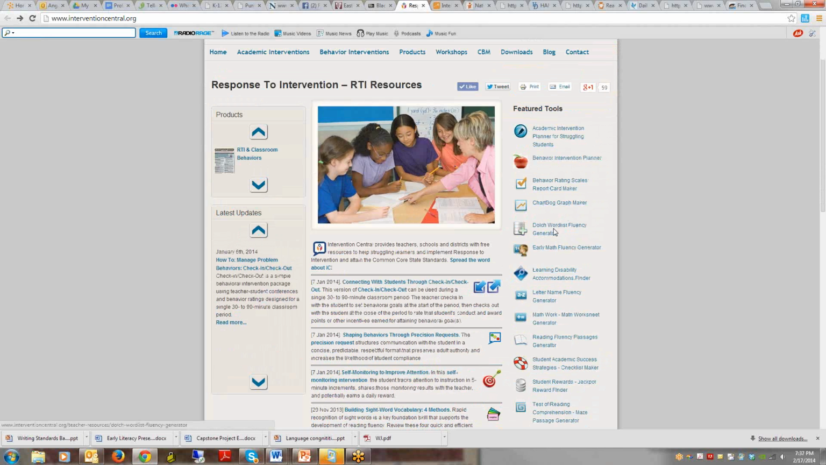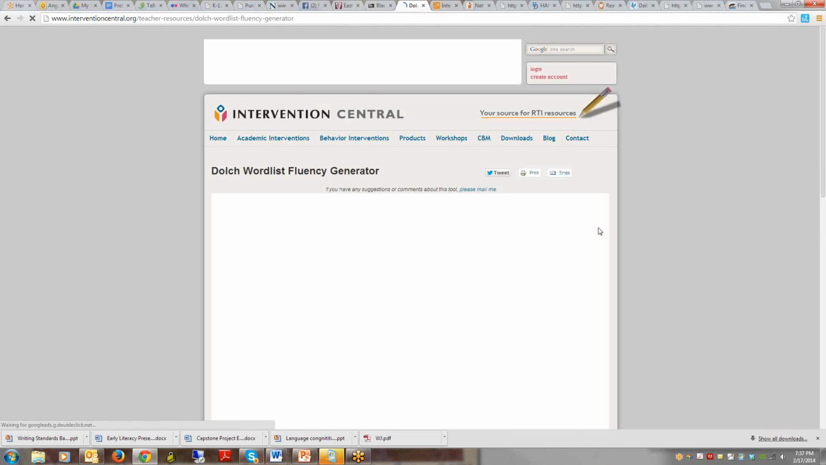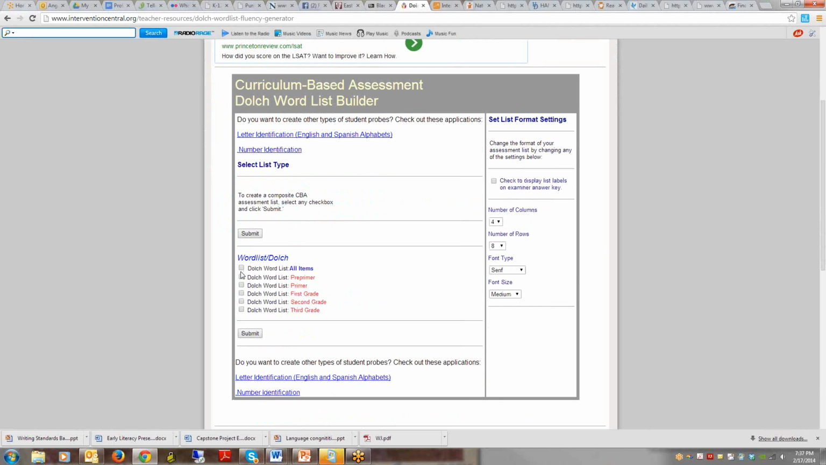The Dolch Wordless Fluency Generator is a high-frequency sight word fluency generator, and basically what it allows you to do is to say, students who are pre-primer, so this would be beginning of kindergarten, you would click on that, and you would decide, I want 4 columns and I want 8 rows. And you decide the font type and font size. So if you have a student who has visual impairment, you might want really large font. So you would click Submit,